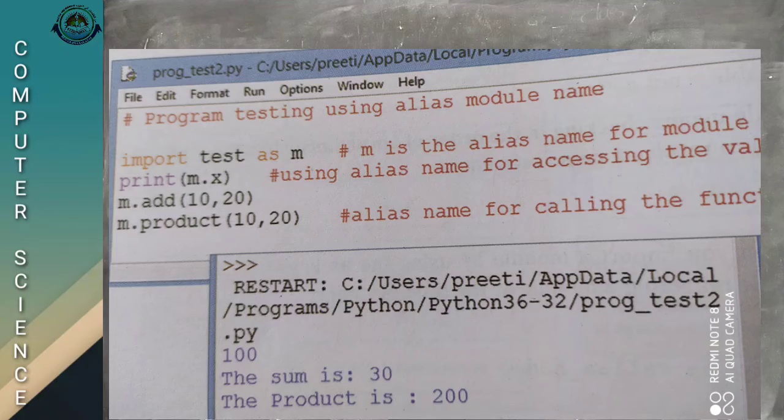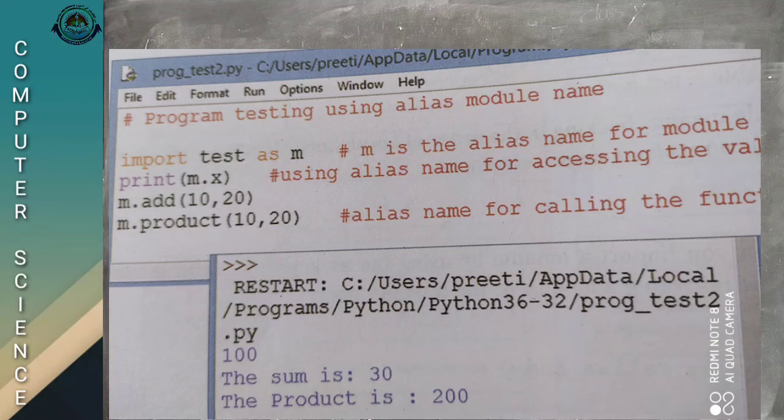This is called aliasing, module aliasing. The original module name is test, but here we used another name for test, as m. Using that name m, we accessed the values here.